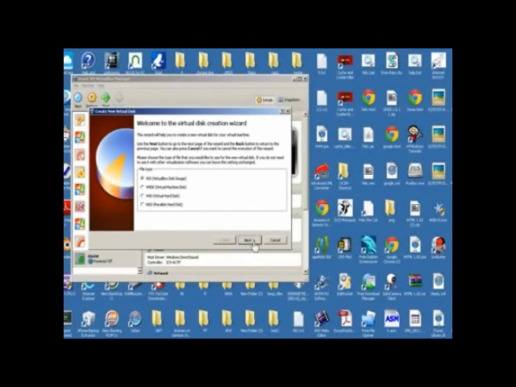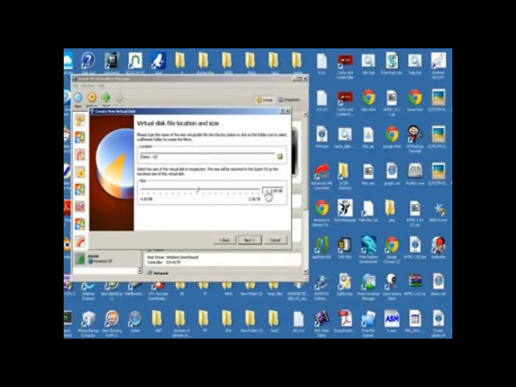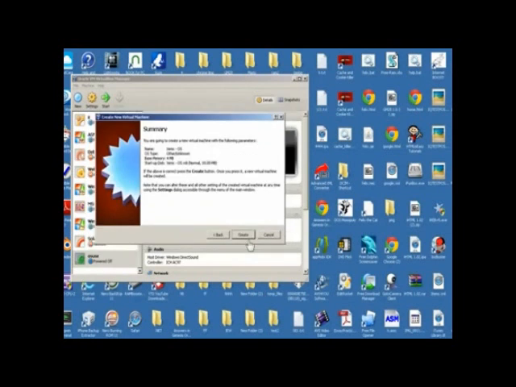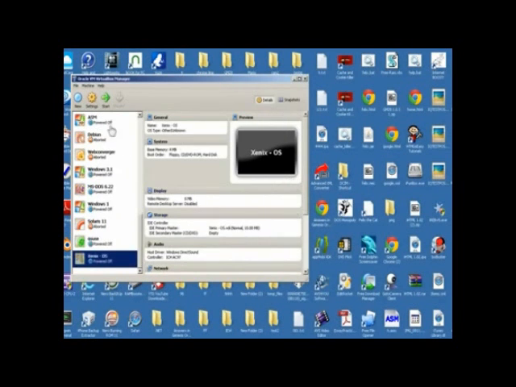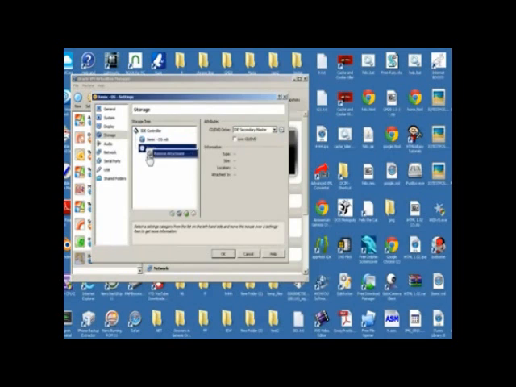Then you can choose any one of these. And then make sure Fixed Size is checked, and then change the hard drive to 10 megabytes. And then review your details and create it. Then click on the settings for your new system and click on storage, and right click and remove the CD drive,